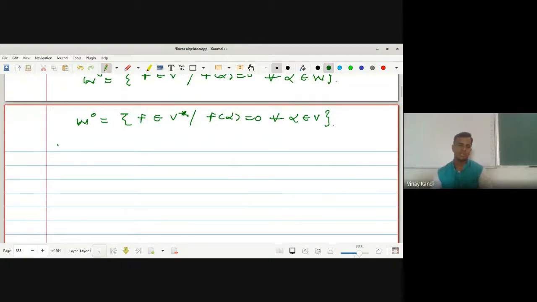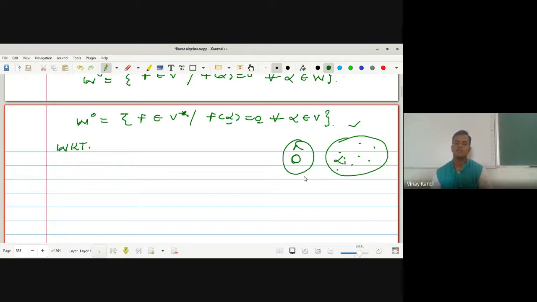Now, we know that the zero functional is the only linear functional which maps every vector alpha to 0. Okay, so the whole vector space V, alpha 1, alpha 2, alpha 3 and so on, these are the alpha. So only the zero functional from V star such that 0 of alpha i is equal to 0.